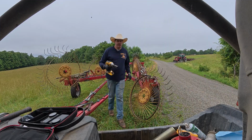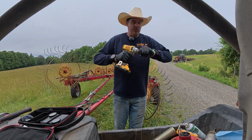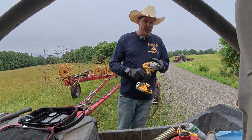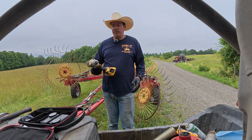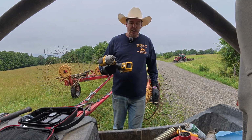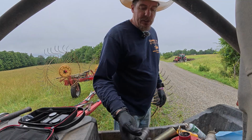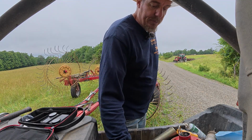I absolutely love this 1/2 inch. I actually have two of these. I have this one, and then I have the one they call the Atomic, where it's shorter. And I carry the Atomic one in the tractor of the disc bind. That's the one I use to change out